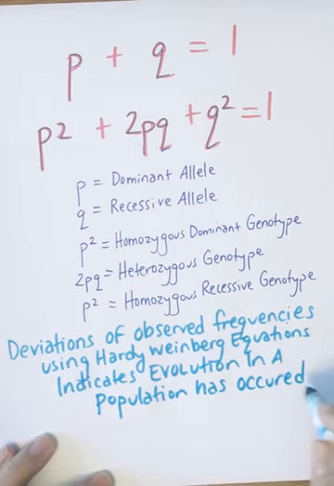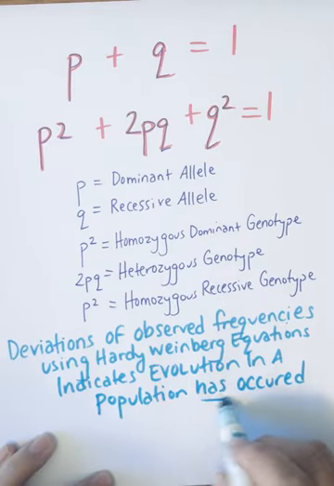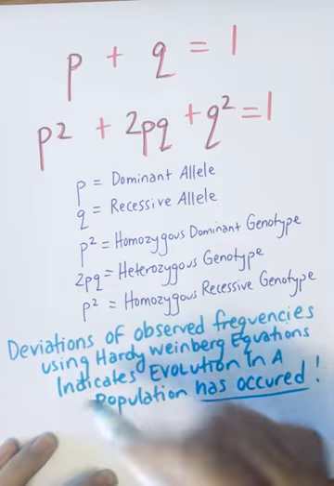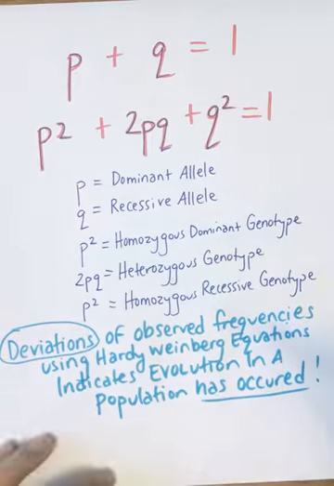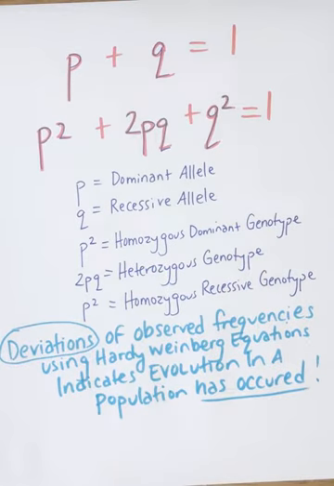They should always remain constant. Any deviations from 1 means that you have evolution. So when we use Hardy-Weinberg equations, there's 5